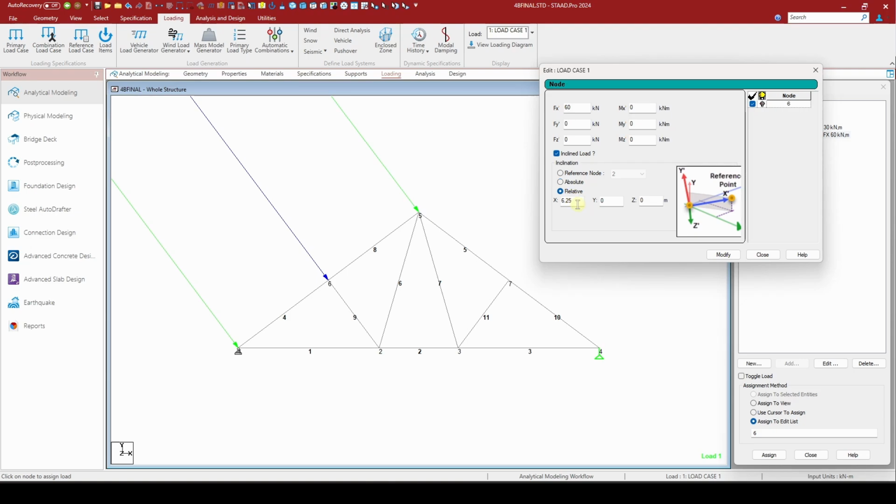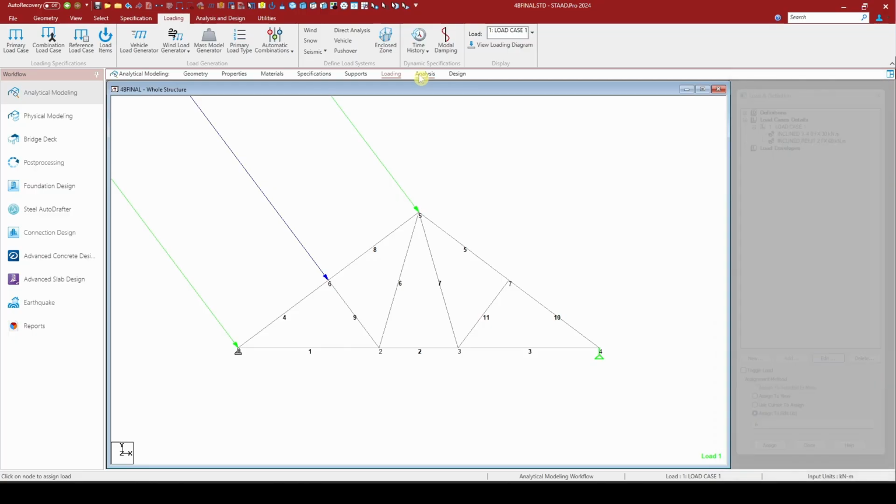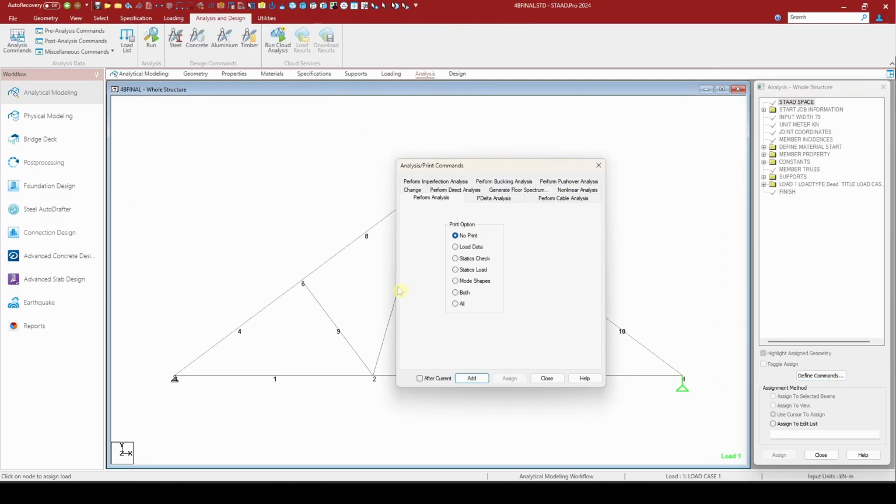In relative, we use the distance between the known point and unknown point, but in absolute, we need to type the global coordinate of the new unknown point. So that's the difference. I'll just leave it with reference node, modify, close,